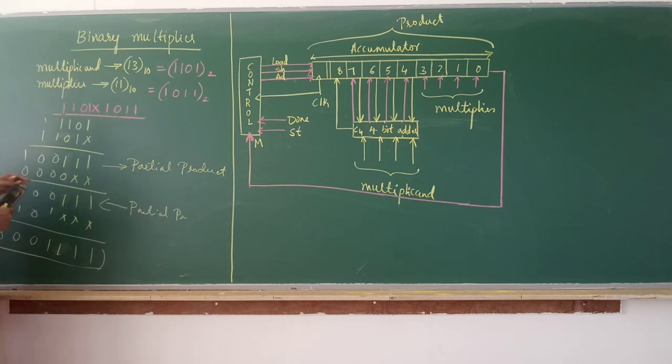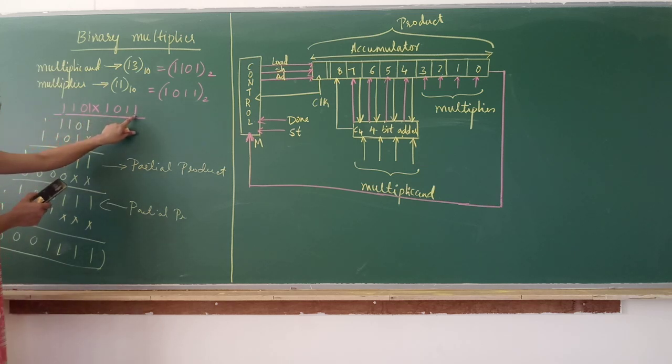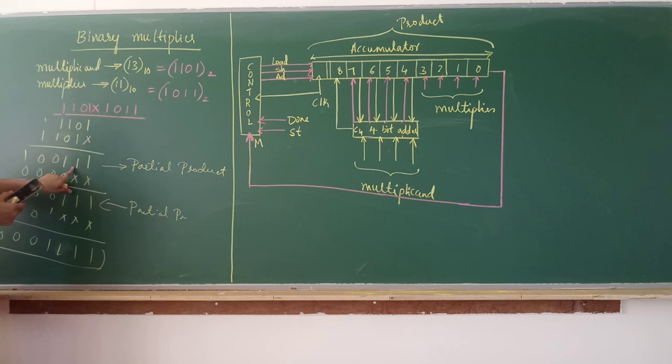So what we have done here: when we multiply the multiplicand with one bit of the multiplier, add that to the partial product, and again add the next bit multiplication. We are going to perform the partial product in order to avoid the carry becoming more than 2 bits. So this is what we are going to do when we design a circuit, when we design a binary multiplier.